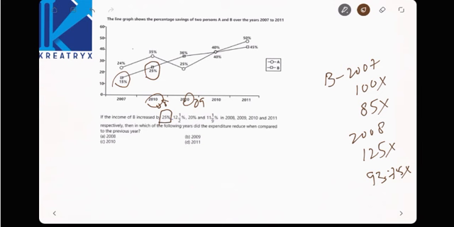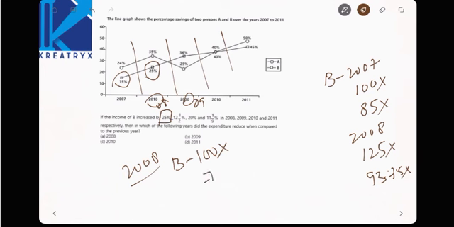Let us consider in 2008. See this graph is independent, right? We have to take any your best value, right? In 2008, let us consider B's income as 200x. Now his expenditure is nothing but how much? 75x. Now in 2009, his income has increased. See here, 12 1 by 2 means 12.5 percentage. Now in next 2009, his income will be 112.5x, as it increased by 12.5x.